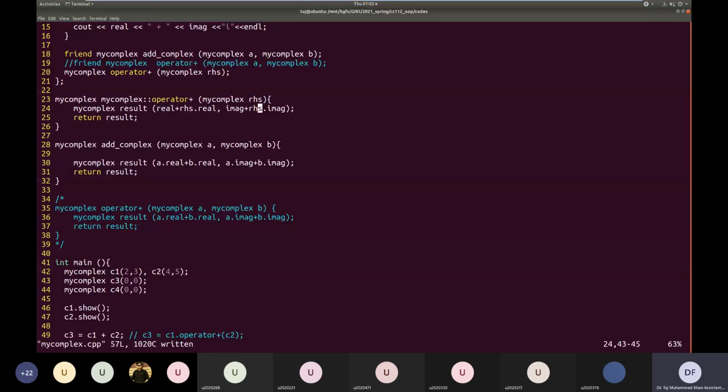Here, since it's part of the class, we do not need to define it as a friend. It's already a member function. So now this C1 plus C2 will work again, but this time the implementation is not an external function, but a member function of class myComplex. Similarly, C4 should also work.